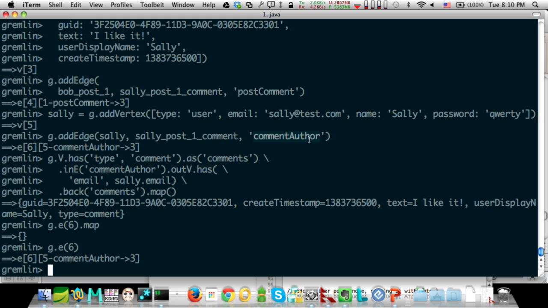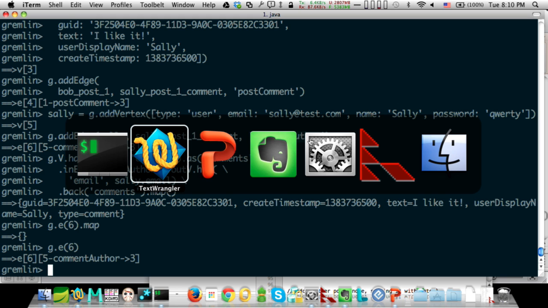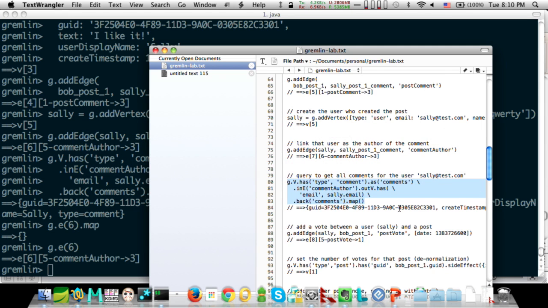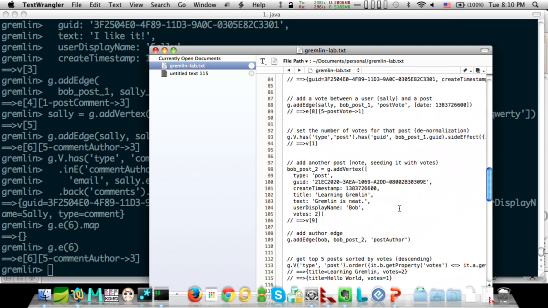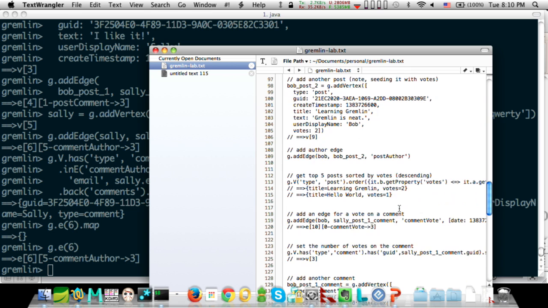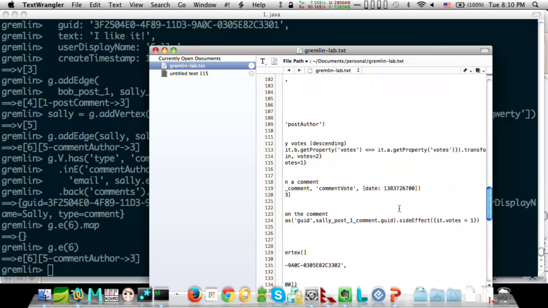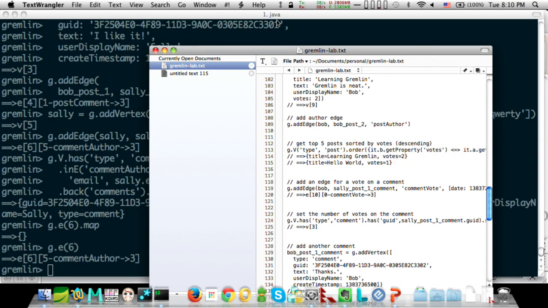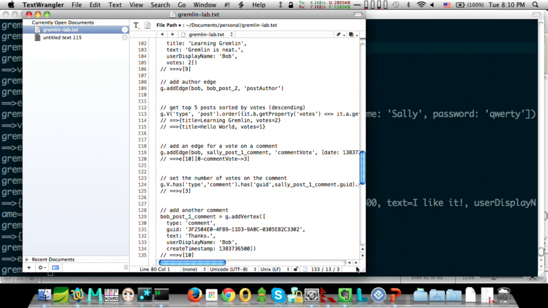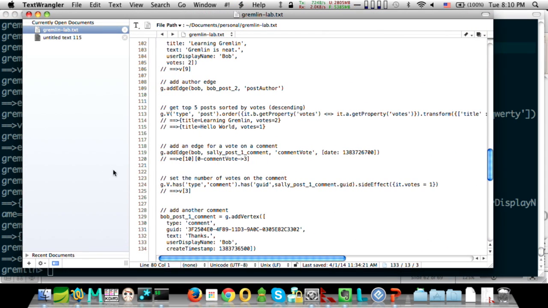Yeah. If you wanted to add additional properties, how would you do that? Yeah, that's a good question. I think I have an example. Let me peek ahead here. Yeah, here's one right here. Let me expand this a little bit. I'm adding an edge where it's a comment vote, and then it's just a groovy map. So you can keep adding those things with names or tags on them.